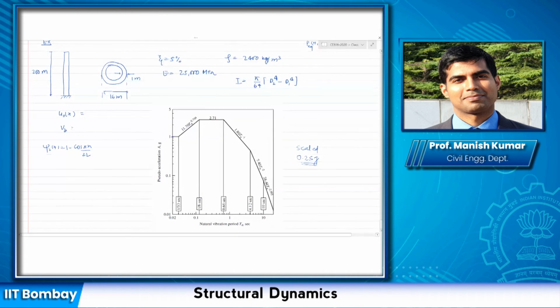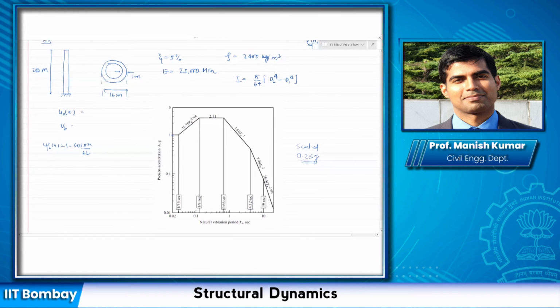Many times the static deflected shape is a good approximation, like for this case. So you can utilize that shape function, the static deflected shape, if nothing is given to you. If the shape function is given, then there is no issue. Like in this case, I am telling you specifically to use that phi 2 of x. Even if you use phi 1 of x, the answer would be almost the same. Only when you use phi 3 of x would your answer be a little bit different.